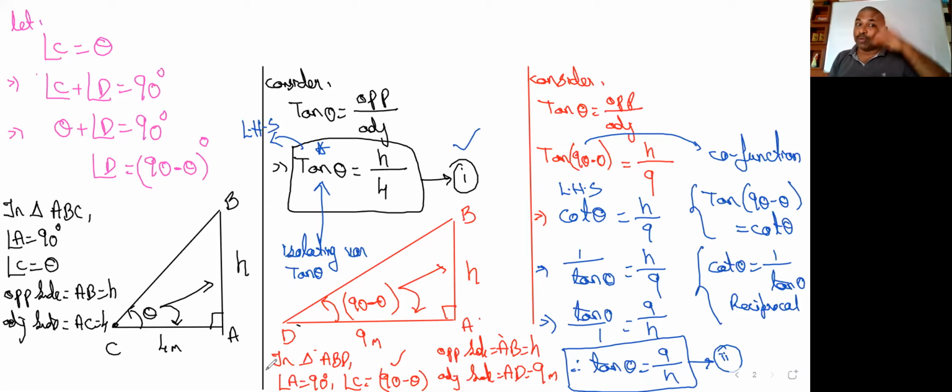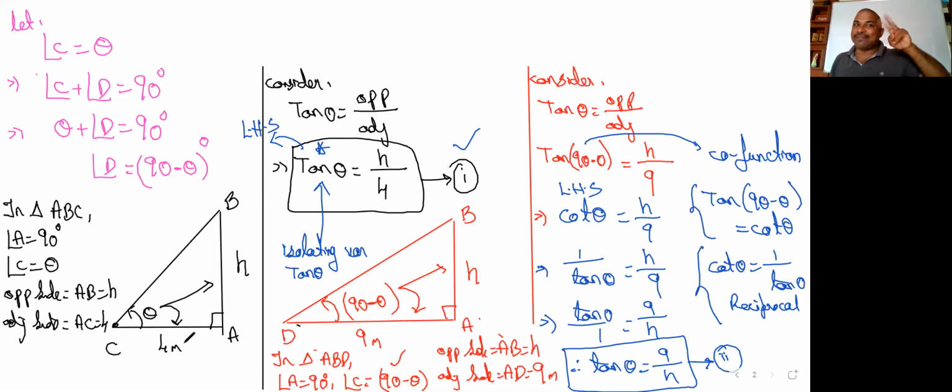Right? So we are using both the co-function formula and the reciprocal formula. Tan 90 minus theta, we know it is a co-function. Tan 90 minus theta is cot theta. First we went there, but we don't want cot theta. Why? Because in equation 1, we have isolated for tan theta. Therefore, reciprocate it. Right. So we got cot theta is nothing but 1 by tan. So we made a simple equation: tan theta is equal to 9 by h.